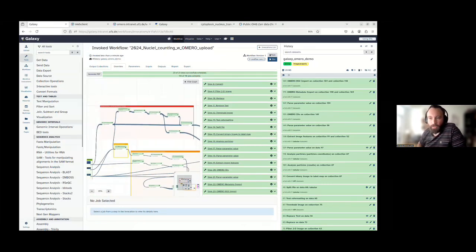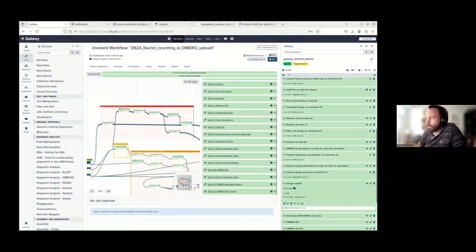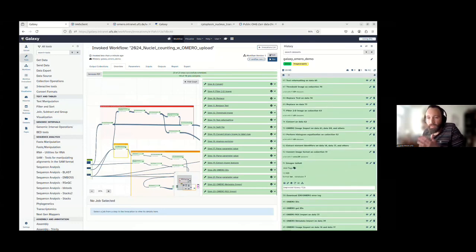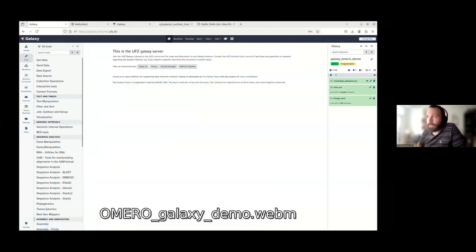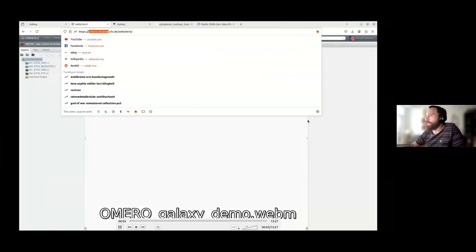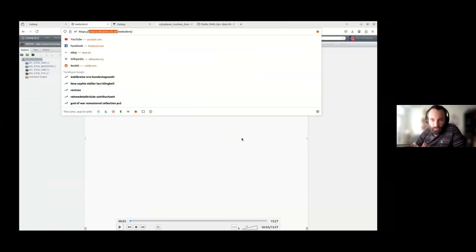You put your image in Galaxy, and you process your image in Galaxy, and then transfer everything to a repository where you have the organization of your data in one go. And this is also pretty flexible according to your image necessity. And yeah, with this, I'm done, and I'll just stop sharing my screen. And that's it.